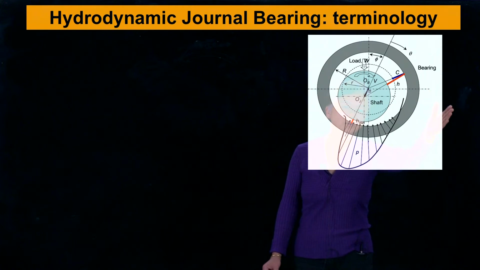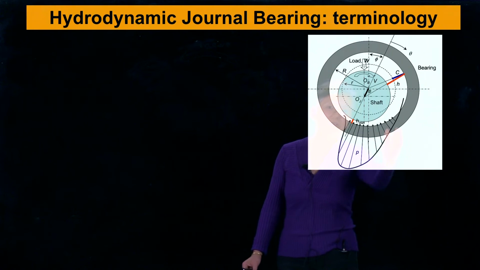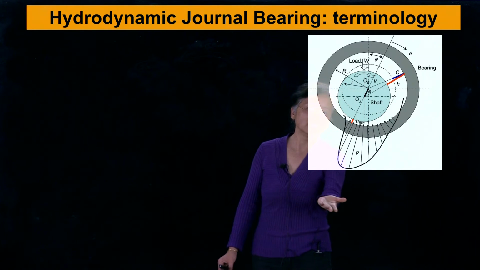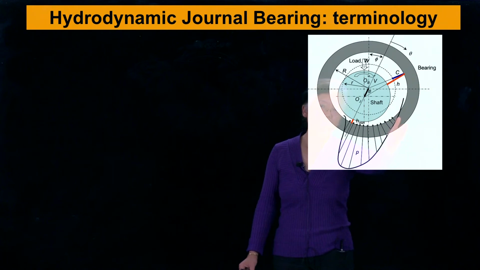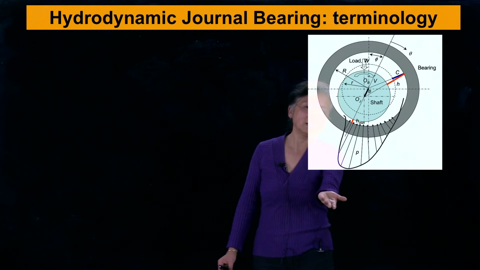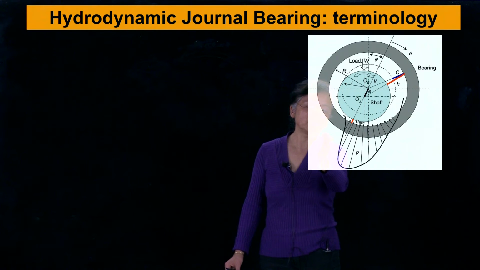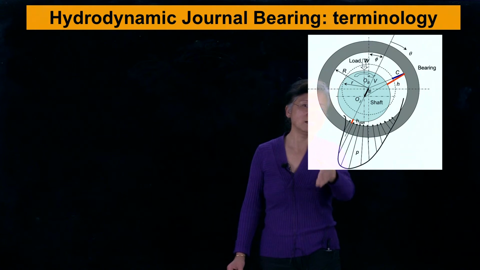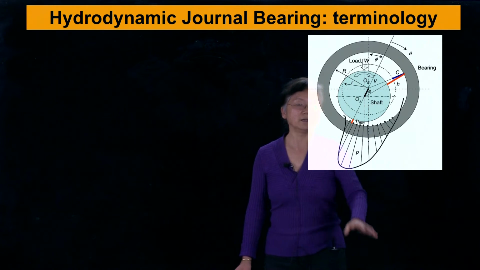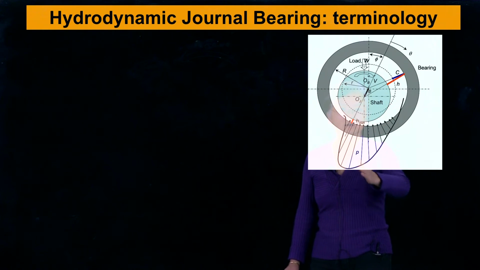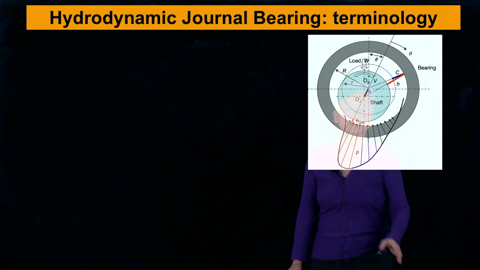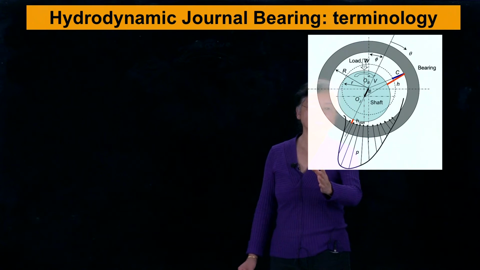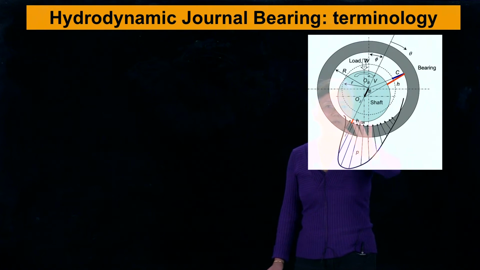Pressure is built up at this convergent wedge. You see this profile shows the pressure. It starts from 0 at this side and gradually increases, and then reaches a maximum before the minimum film thickness location, and then drops to 0. I showed here that the pressure is directed toward the center of the shaft. Integration of the pressure gives us the force that balances the applied load, which I show over here, the